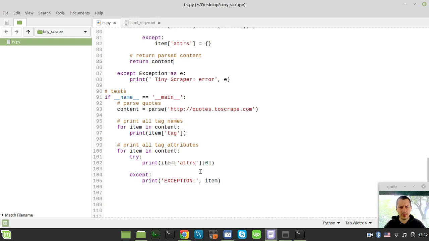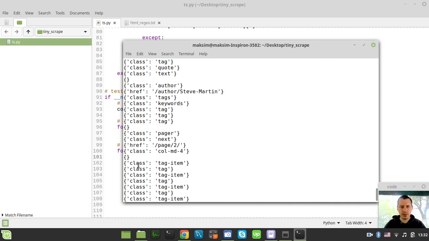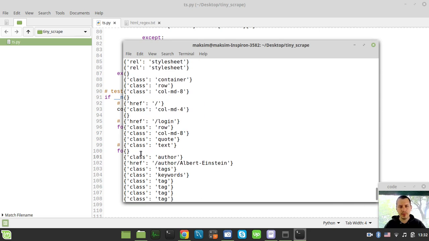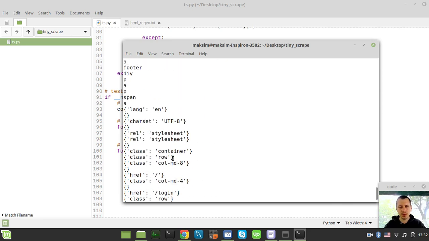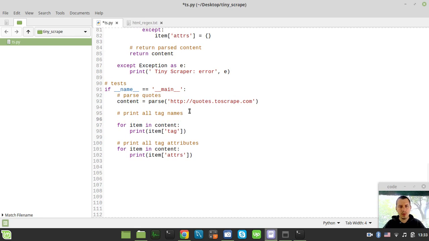Hold on a sec. Oh no, all of them should be exceptions. So let's actually print item and attributes. So now they should be either dictionaries or empty dictionaries, and this is absolutely fantastic. So now I really like this so much. Okay, so yeah, also here I would like to say like print